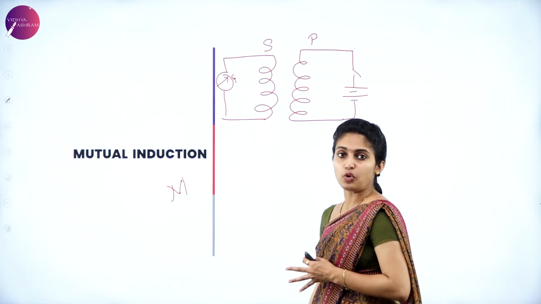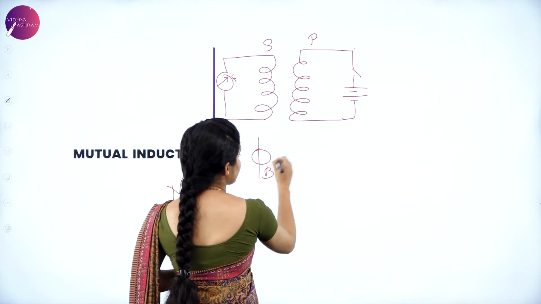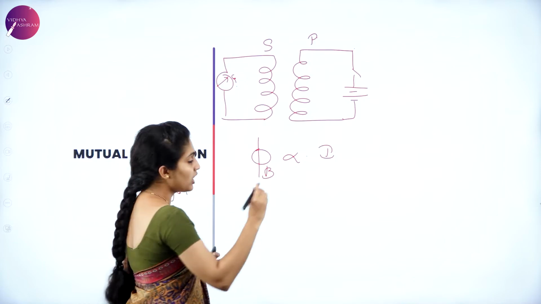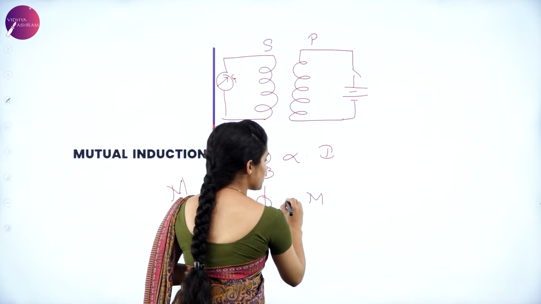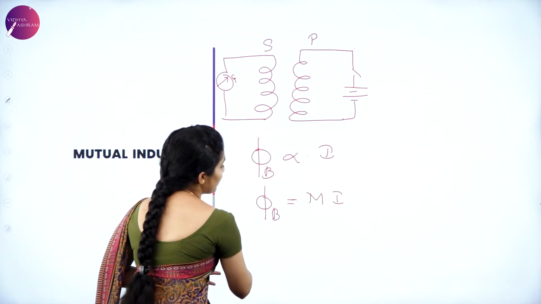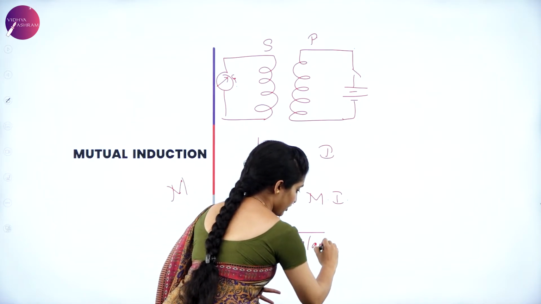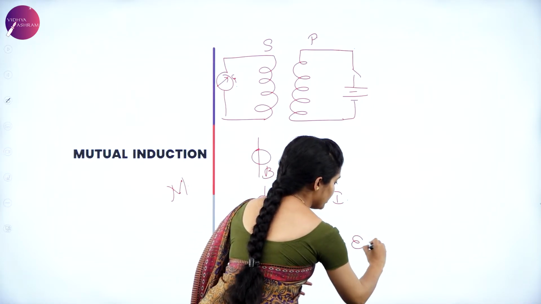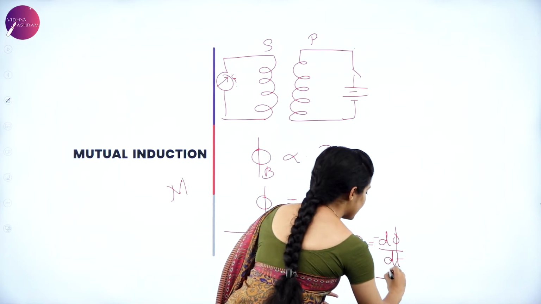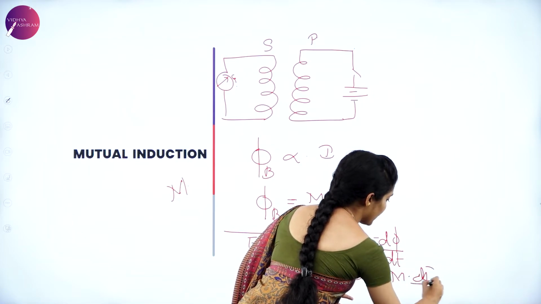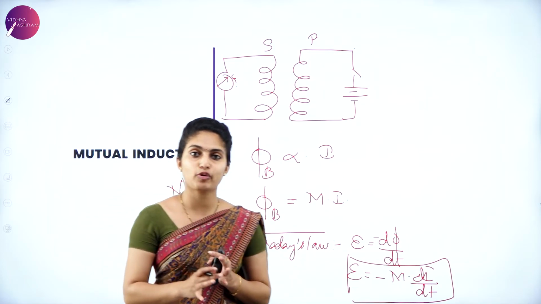When we calculate the coefficient of mutual inductance, or only the mutual inductance, the flux is directly proportional to the current which is passing. When you remove this proportionality constant, you have the coefficient of mutual inductance, so flux phi equals M into I. When you apply this to Faraday's law, epsilon is equal to minus d phi divided by dt. On applying, epsilon is equal to minus M into dI by dt. So again, this expression is very important from the exam point of view